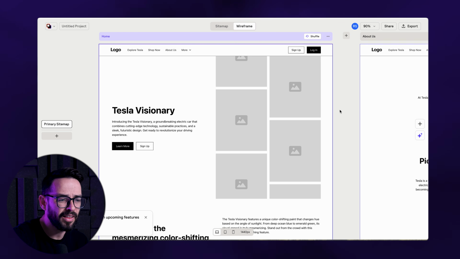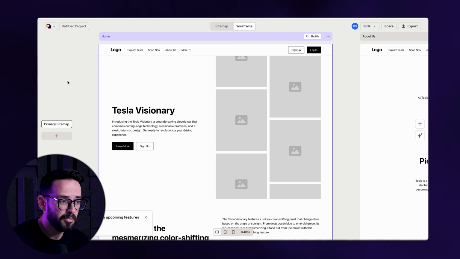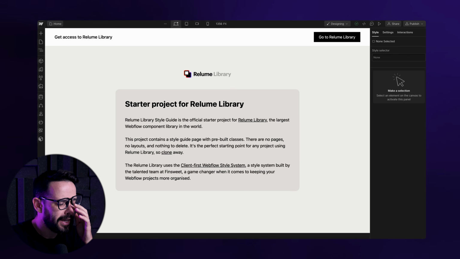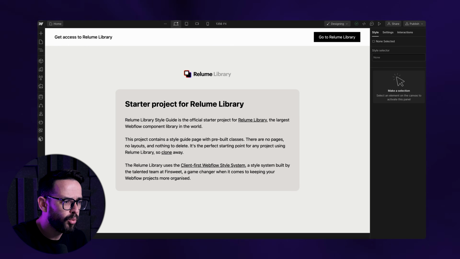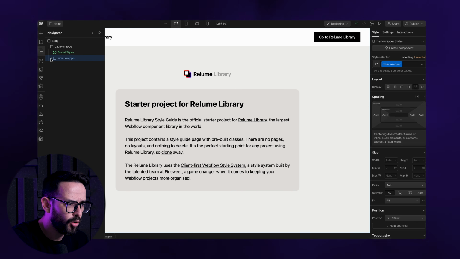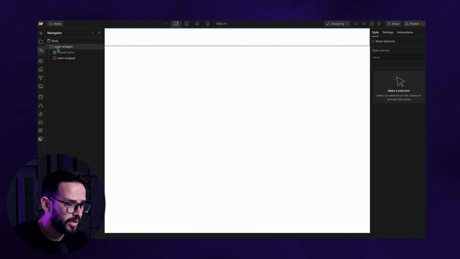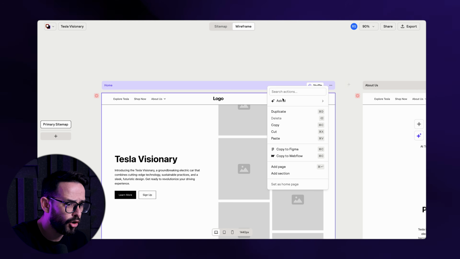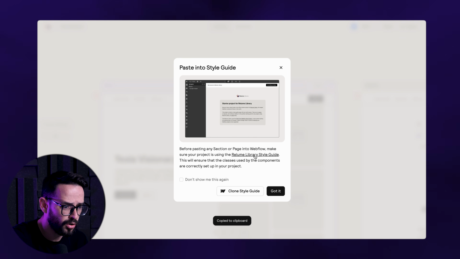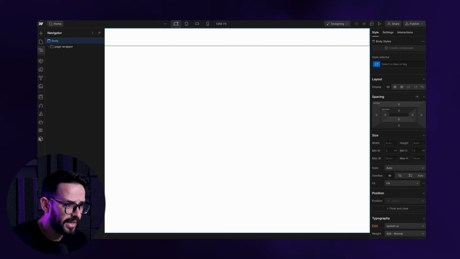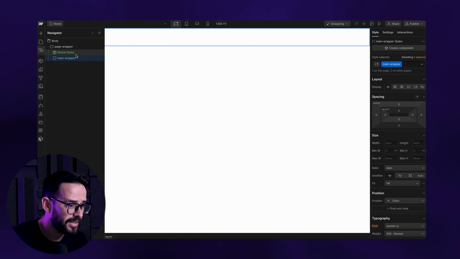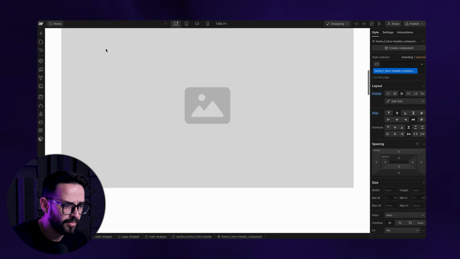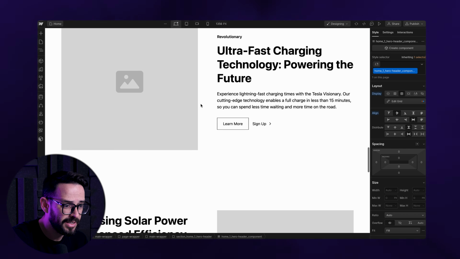Okay, so I think we've got the homepage, and let's continue with the homepage because I just want to do a single page for this demo. My next step is to take this wireframe and import it into Webflow. So I've opened up a new Webflow project here with the Relume starter project. I'm going to delete what we have here, and let's go ahead and copy the home page. I'm just going to do copy to Webflow, copy this, and go into my Webflow project and paste this inside of my main wrapper. And bam, now I've got this whole wireframe inside of Webflow,